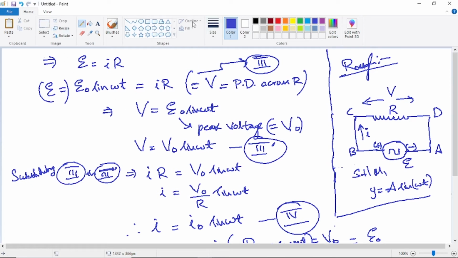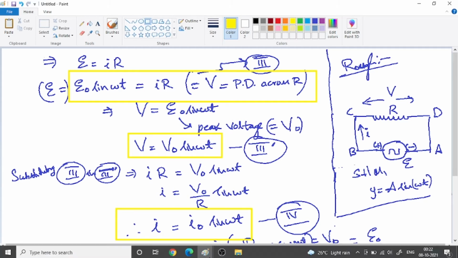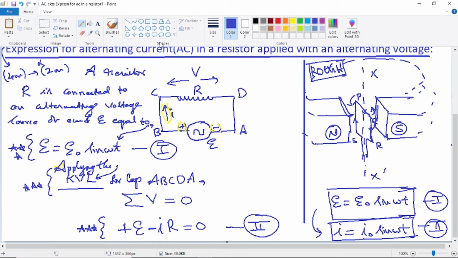So boxes must be drawn. I'll draw the boxes with yellow color so that the equations will not be disturbed. This is a very powerful equation. Next this equation, including the first and second equations. I'll just go back to this equation also. This equation. They are very powerful equations, including the signs plus and minus. Remembering this,